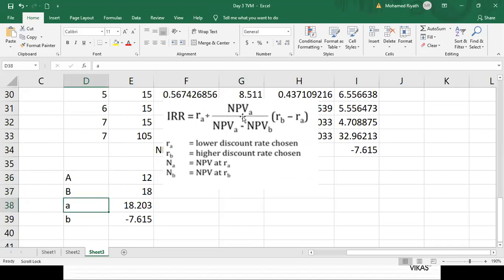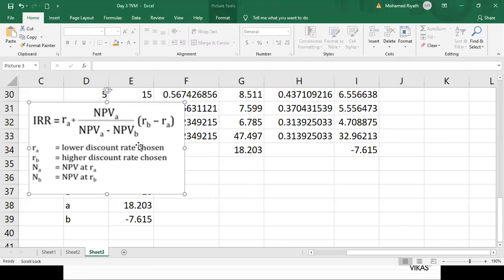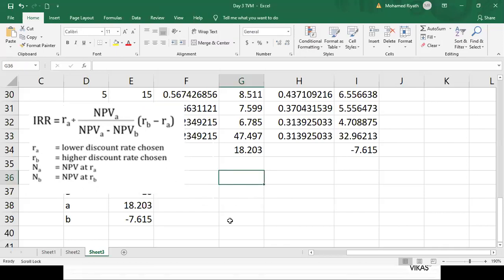Small a means NPV A. Small b means NPV B. Now we apply this. Capital A is 12% plus